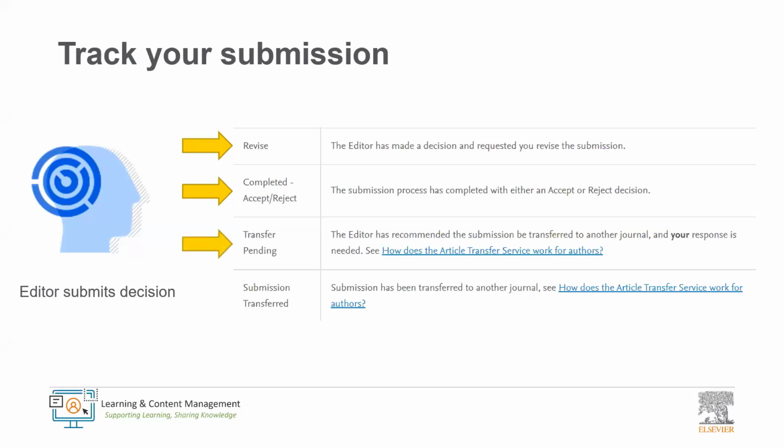The next one is transfer pending. So the editor has rejected your paper and suggested to transfer it. The editor has recommended the submission be transferred to another journal via our automatic article transfer service, and you're offered a transfer. So we will wait for your response before proceeding any further. And the last one you could see is transfer accepted: you accepted the transfer and the submission is now transferred to another